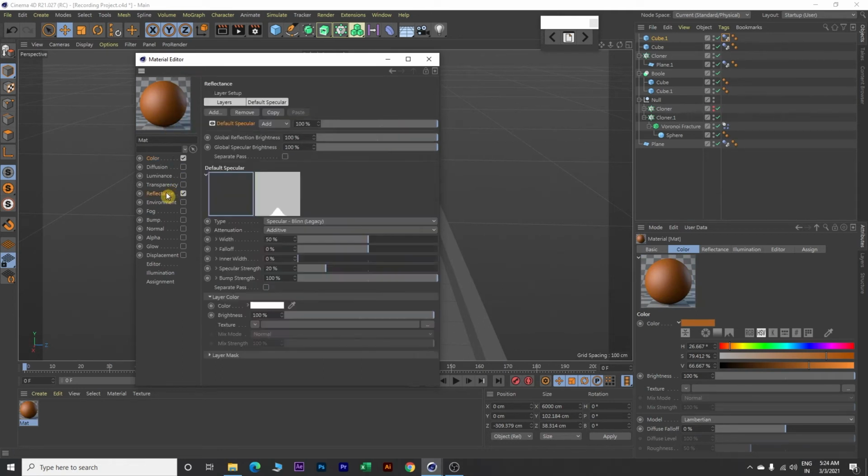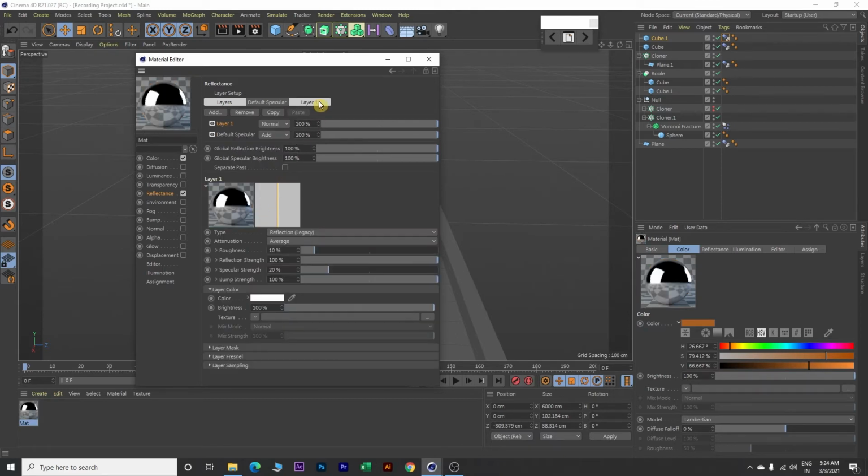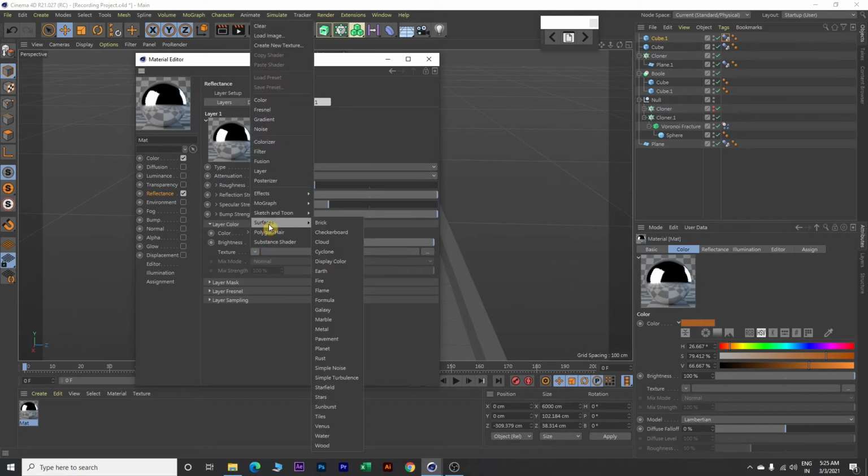Next, go to reflectance, click on layers, click on add and click reflection legacy. Now click on layer 1 and over here change this average value to metal. Next, on this layer color, click on this texture, go to surfaces and click on metal.